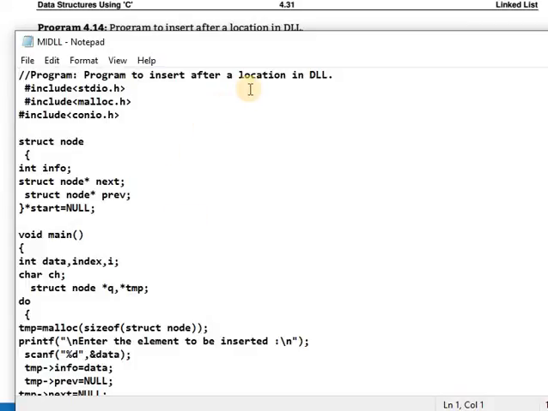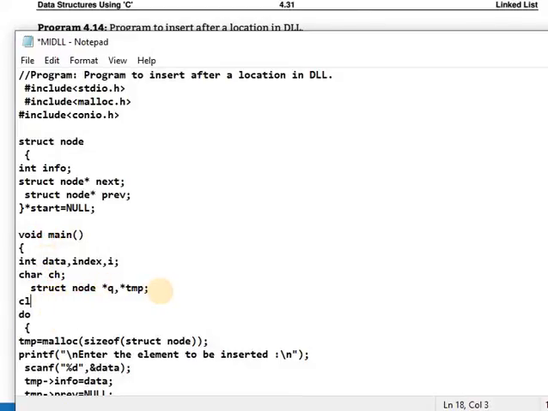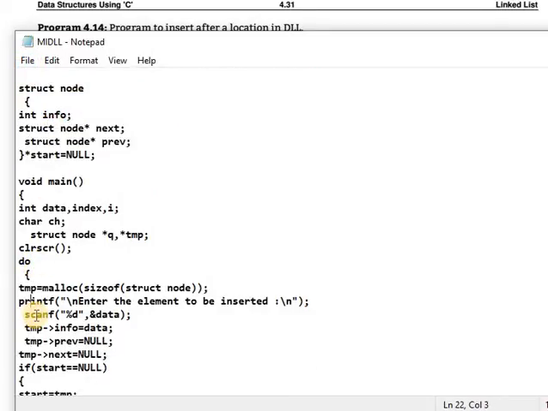The program to insert after a location in the DLL. These are the header files, structure variable, structure declaration. These are the data members. These are the structure variables, void main. Do, memory allocation is done.